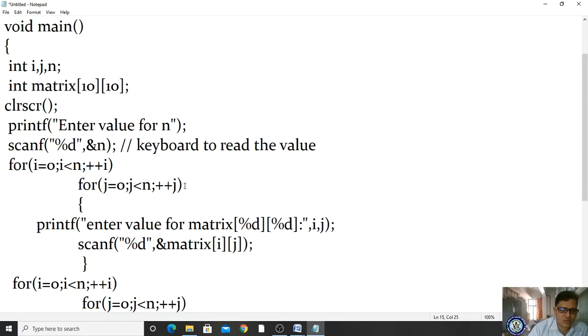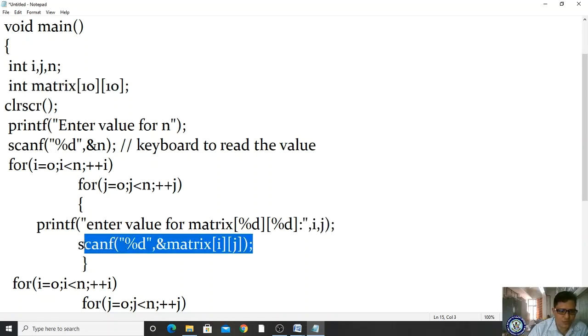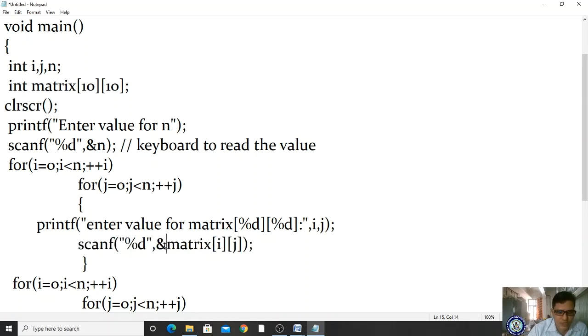Next control will go to the j incrementation. Now it becomes 2, 2 less than 3, condition true. It will come here, enter the value of matrix 0 2. So at the 0 2 location we have to store a value from the keyboard, so I'm reading the value and storing it in matrix of 0 2.